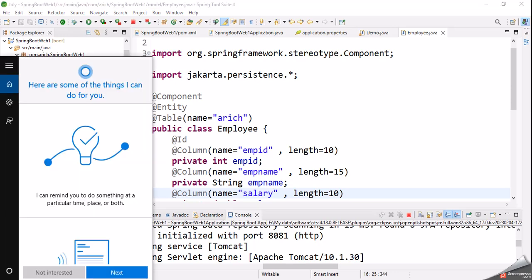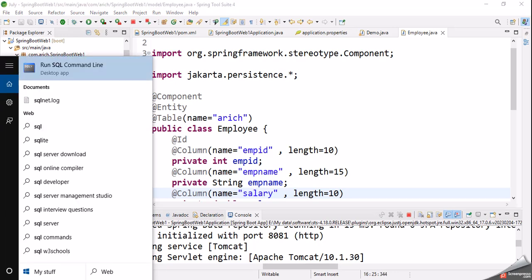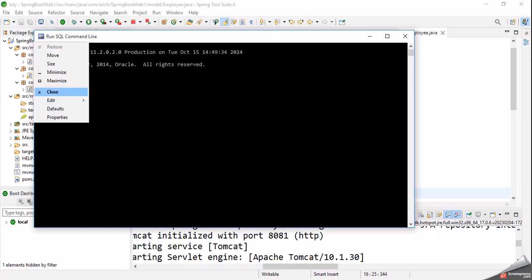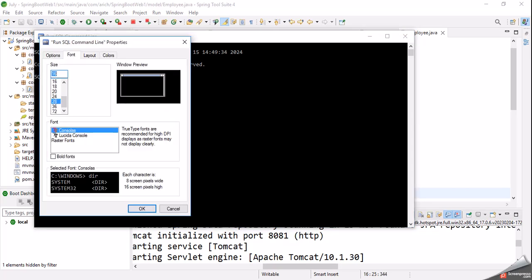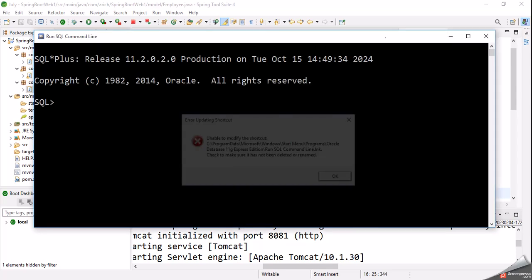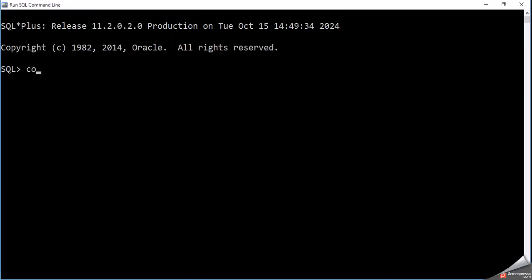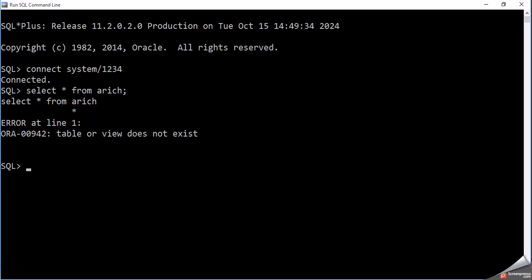So for this purpose, SQL properties, and here connect system is the username and password is 1234, and press enter. Connected, and here I am going to check whether the arich table exists or not. If it exists, we will remove it from here. Select star from arich. You can see this table does not exist. So now